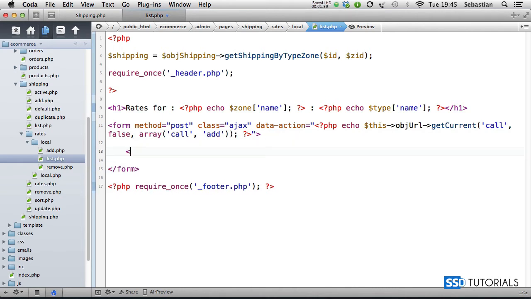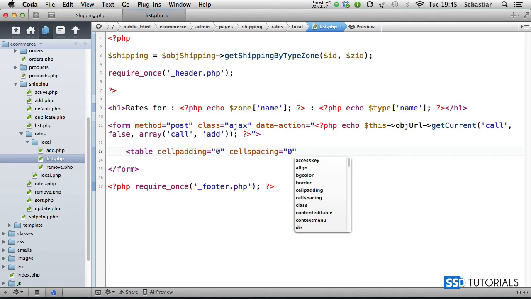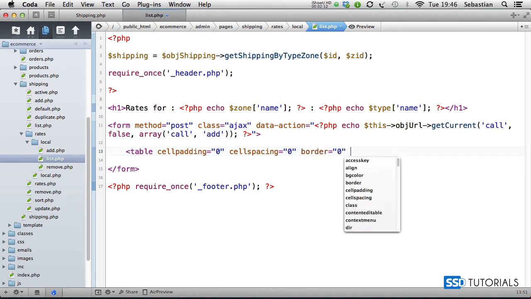Inside of the form tag we're going to start with the table, cell padding 0, cell spacing 0. Again, if you've decided to do it using HTML5, obviously you can leave all these attributes, cell padding, spacing, and border. Then we have class table tbl insert,